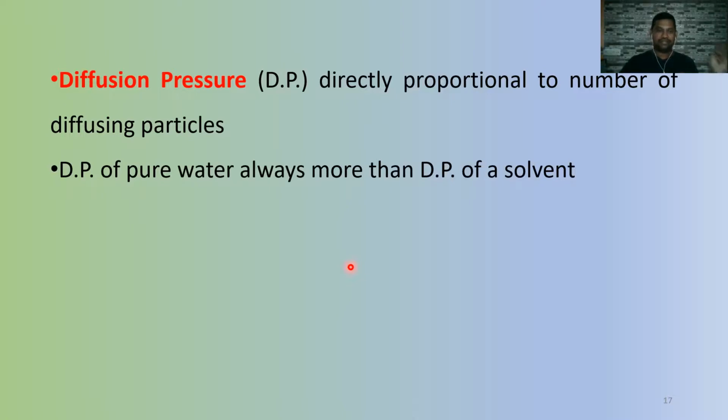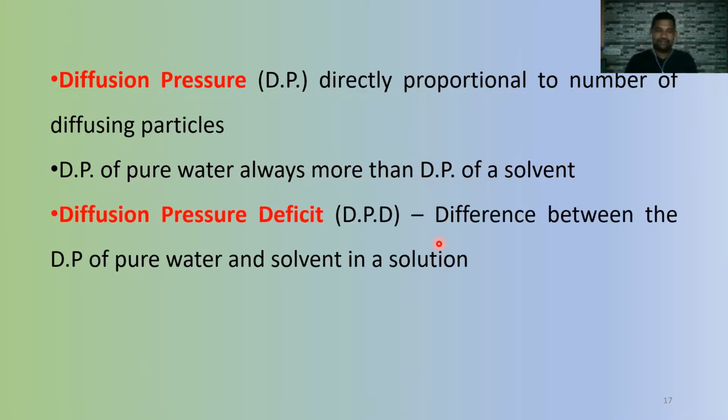So the DP of pure water is always more than the DP of any other solvent. Pure water का DP सबसे ज़्यादा है. बाकी सारे solvent का according to pure water it is less. So when you take a difference of diffusion pressure between pure water and the diffusion pressure of a solvent,